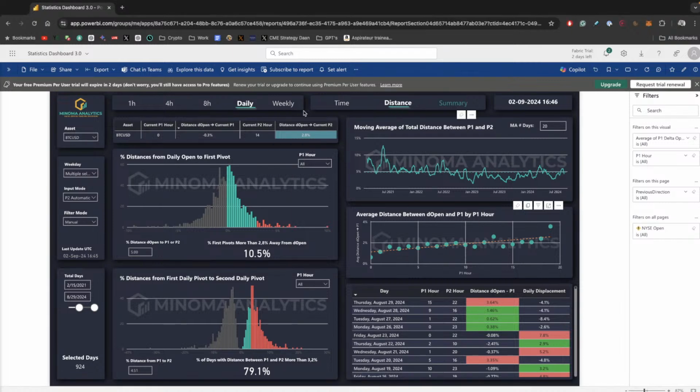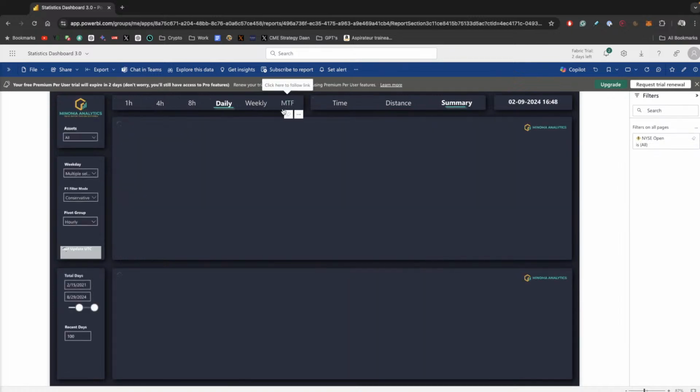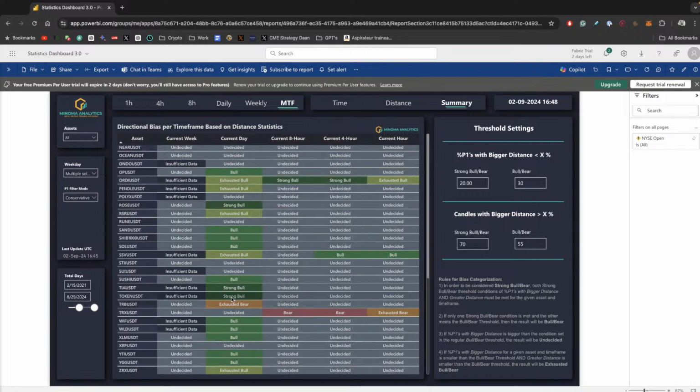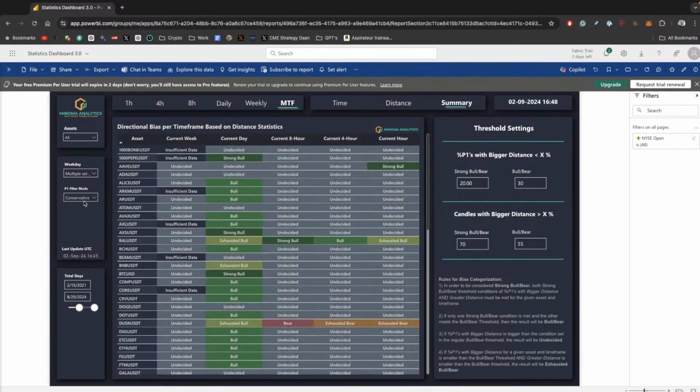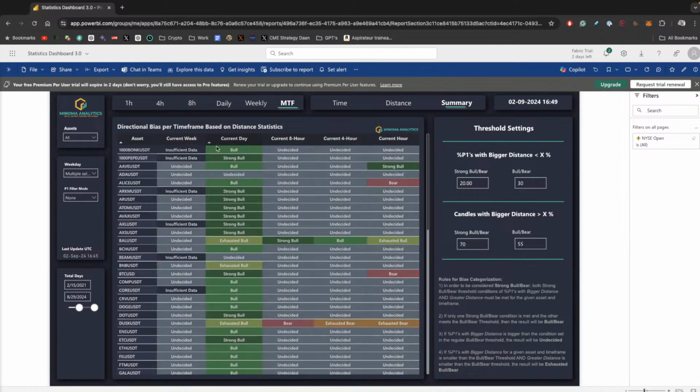So once again, if we go to the multi-time frame summary page, we press conservative, couple of bulls, lots of bulls, couple of strong bulls versus none. Lots of strong bulls, lots of bulls. Right, so this one's more aggressive, and this one is less aggressive, right? And it's conservative. And again, my first thoughts are, obviously these ones have the potential to give more false negatives, but I do have